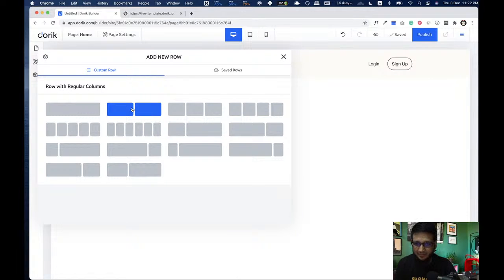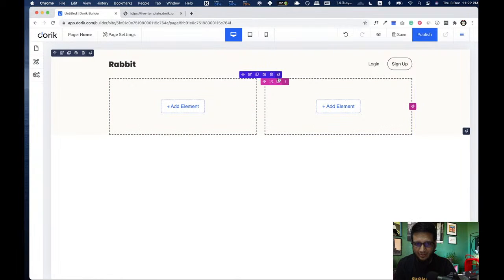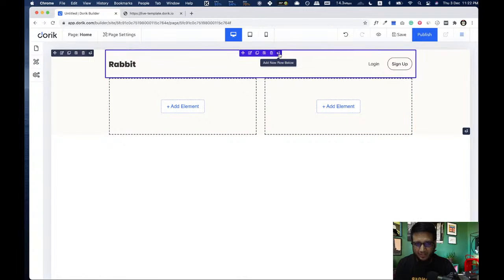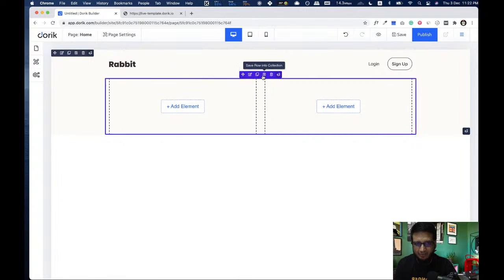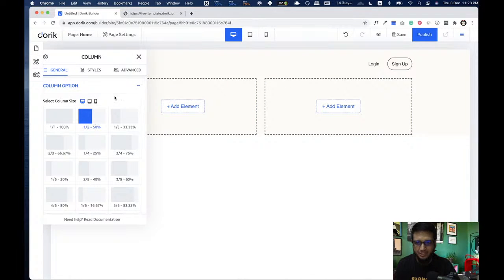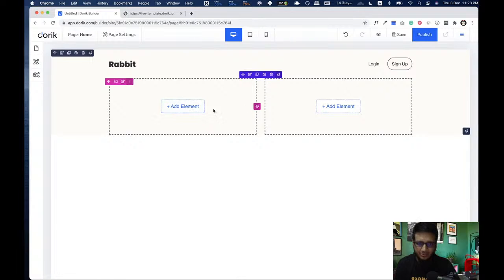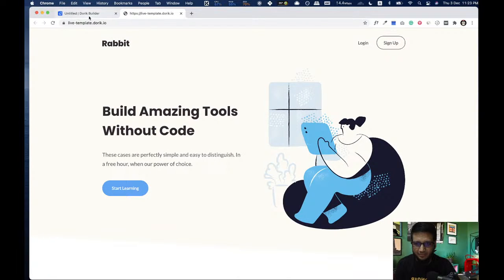So we are gonna add a new row by just clicking this plus button here. You have the plus button in every single row at the end of the purple bar. So we have right now 50% each columns, one here, and right now we are gonna build this side of the section.